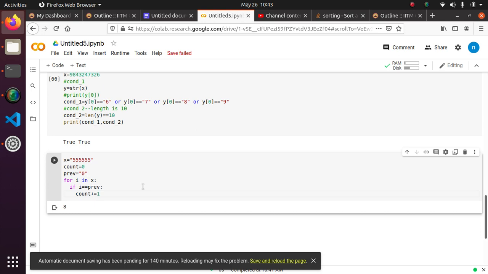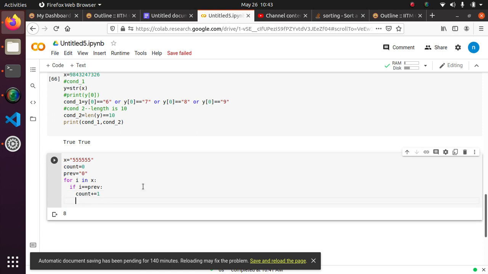If both the previous number and the next number are of the same value, then we increment the count. Let me try and print the count.